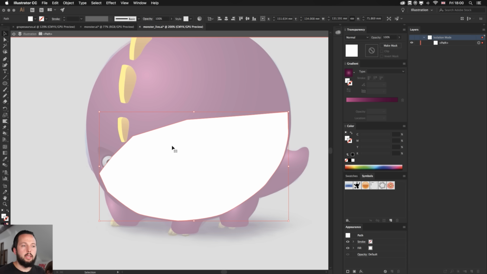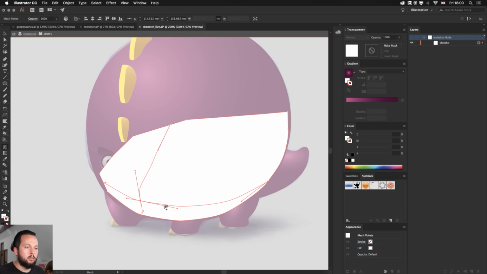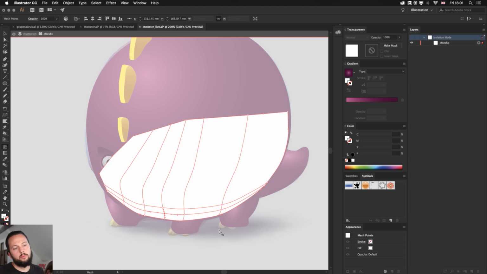But what you need is the mesh tool. The shortcut for that is U. And with that, all you have to do is to place a couple of points down here on this shape. So let's just start somewhere there. Let's add another point around here, another point around there, and then maybe let's just add another one here, and I think that will be enough, but maybe one more up here. I will just create one more there.